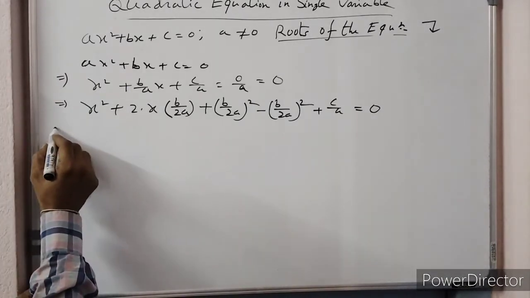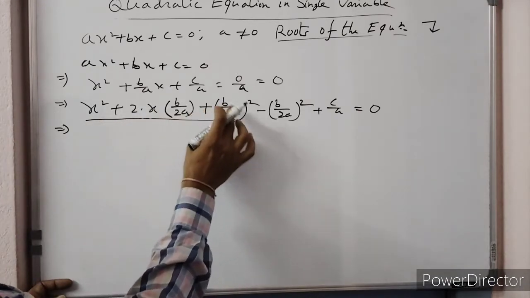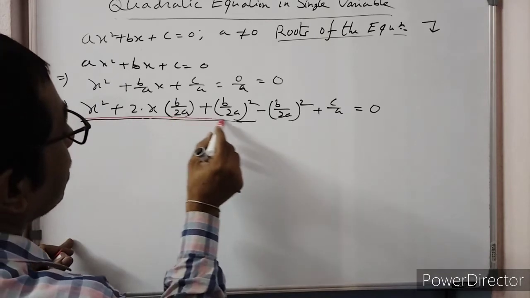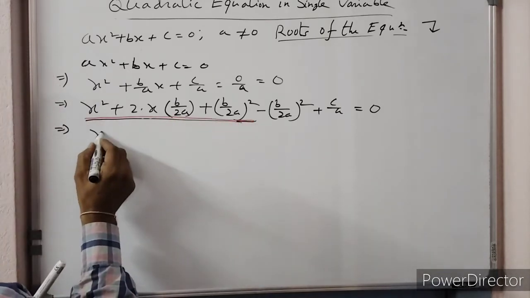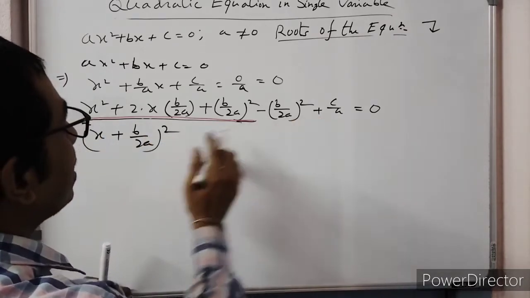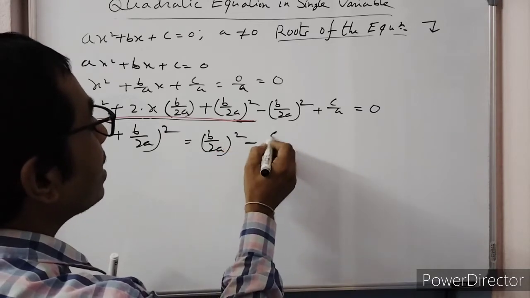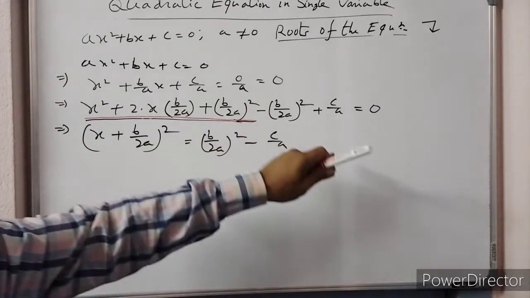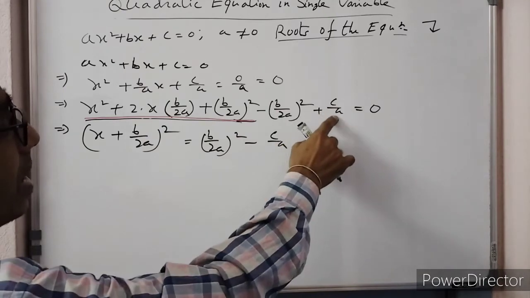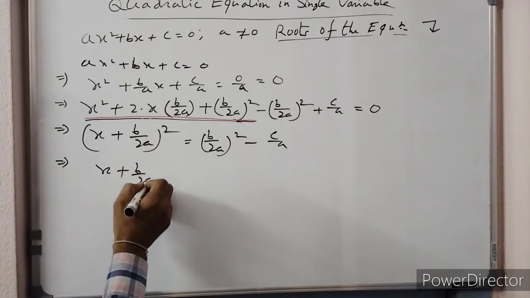Next, these first three terms, x square plus 2x into b by 2a plus b by 2a whole square, give us x plus b by 2a whole square, and the remaining terms will be minus b by 2a whole square plus c by a. Taking it to the right hand side, it becomes plus b by 2a whole square minus c by a, which implies x plus b by 2a whole square